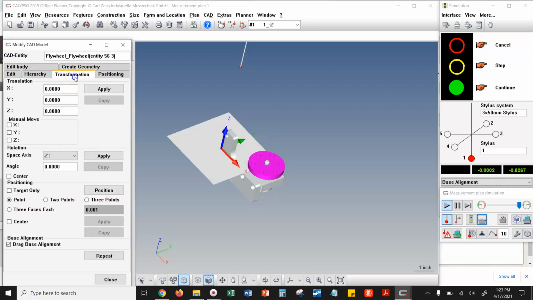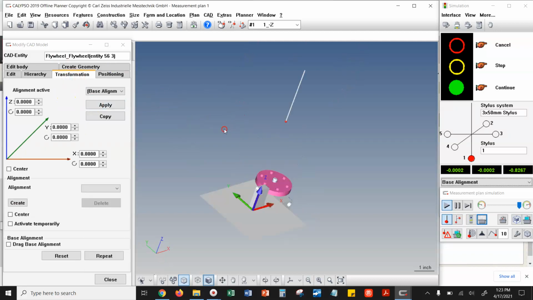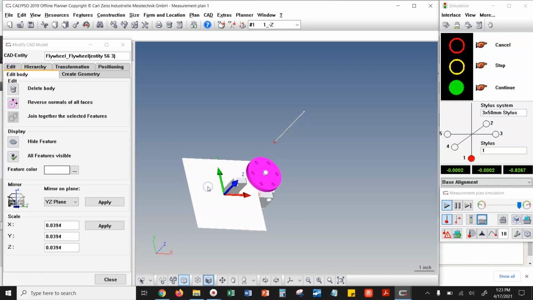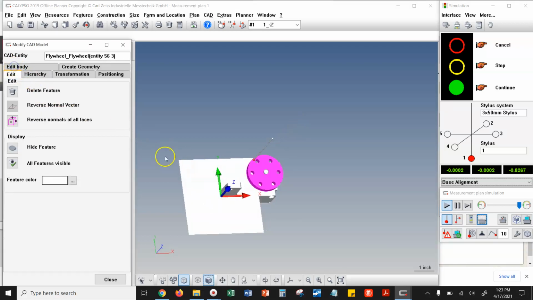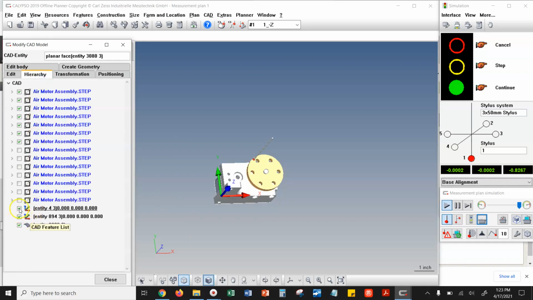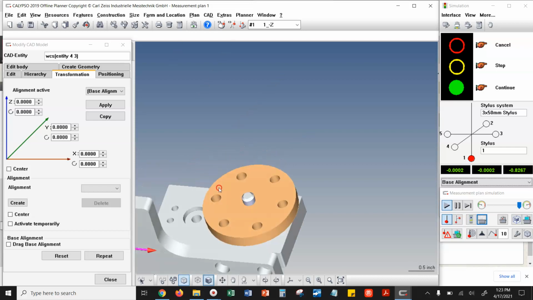Now that we know that, we are going to spend a bit of time in this transformation window learning about what this does. Okay, first things first, I want to get rid of this plane right here. For that, I'm going to come over here to Edit Body, and sorry, that's a surface, so I'll come over here to the Edit window, and I will just hide that feature. Or if I wanted, I could come over here to the Hierarchy, and you can see that this has just turned off the visibility of many of these. We could come in here and find that entity, and we could right-click and delete it as well, and that is equally valid. All right, so now that we've gotten that surface we created out of the way,